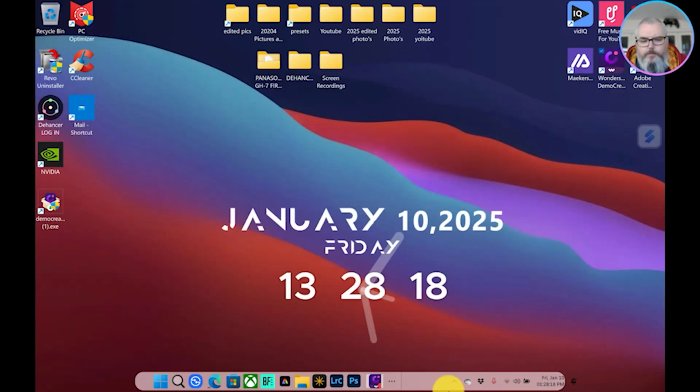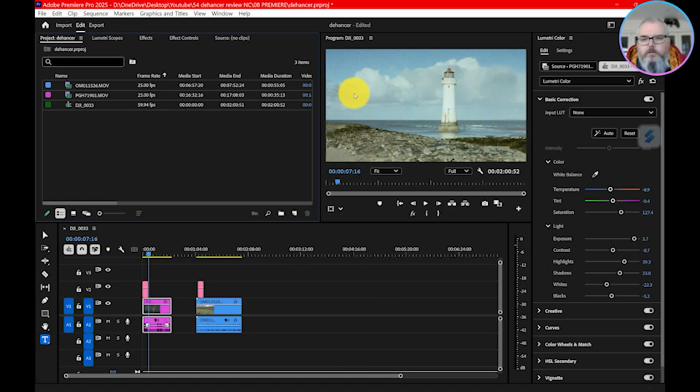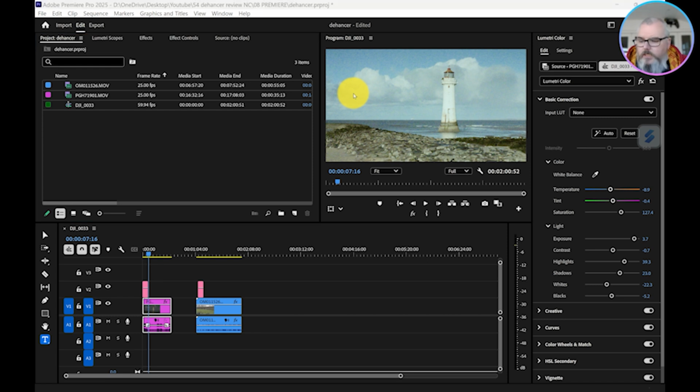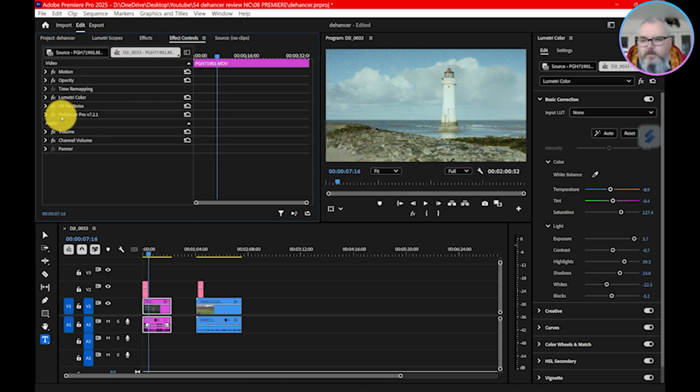Now let's open up Premiere Pro. So as you can see, we've got two clips that I will be showing today, and like I said, I'm using Premiere Pro with the Dehancer plugins on the clip. I'm going to activate it, so you go to your effects panel, type in Dehancer, it comes under here, you click, hold and then drag to selected clips. Now, once you've done that, if you go to your effects control panel, as you can see, it's here, and I'm using version